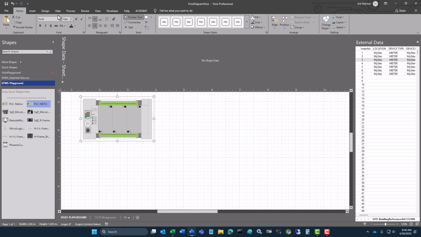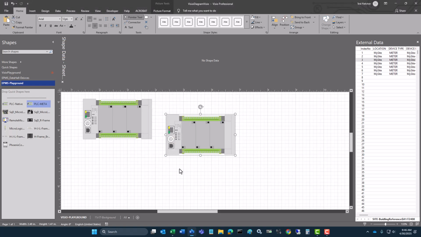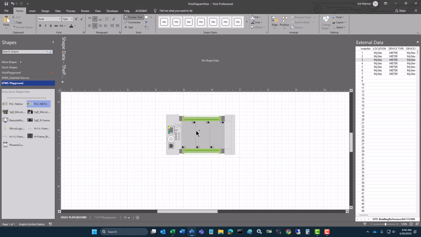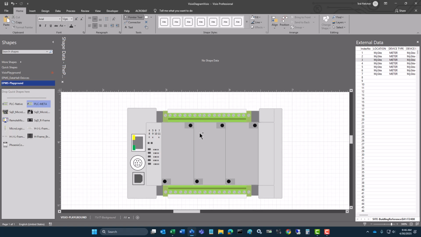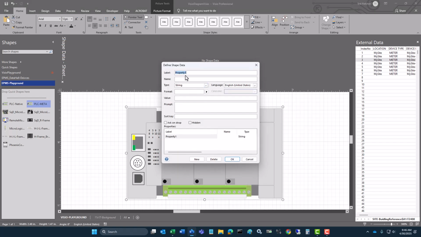So I'm just going to make a copy of that. Paste, paste special. Get rid of that one. So now, if I wanted to add objects to this, we follow the same process. Like if we just took that simple block and we were trying to add the Excel shape data, right click, data, define shape data, property 1,